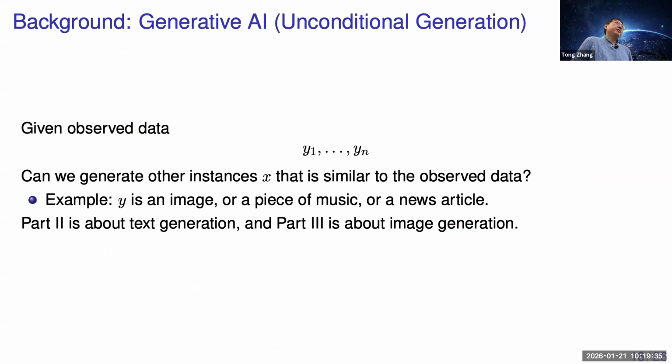For unconditional generation, say generating something like an image, you observe a lot of images. Can we generate other instances that are similar to these observations? That is the question. Or you can generate text, like a story, a free generation without any prompts. Can you generate that? You just generate content in certain domains, say news articles and so on. So these are basically part 2 and part 3, where part 2 is about text and part 3 is about